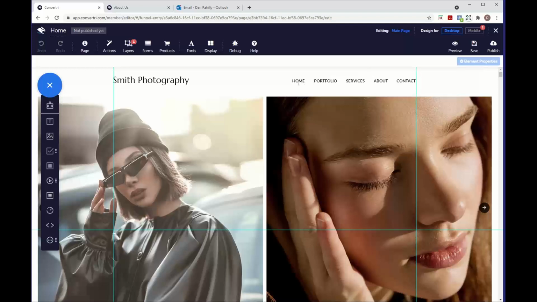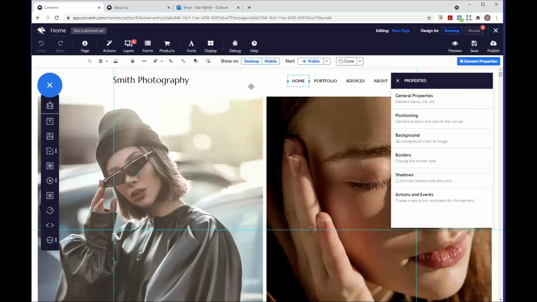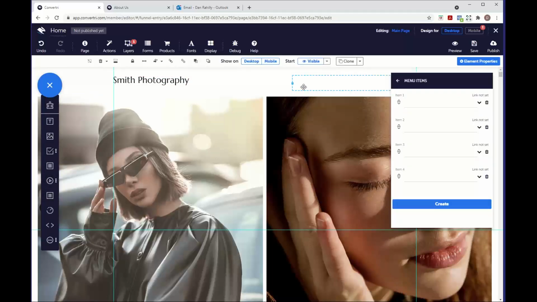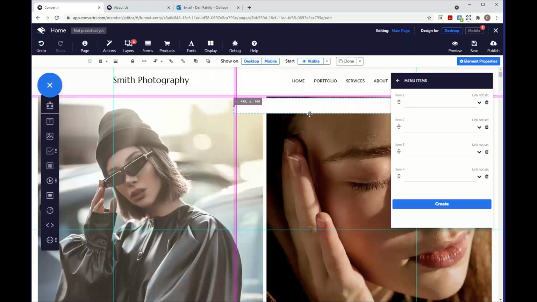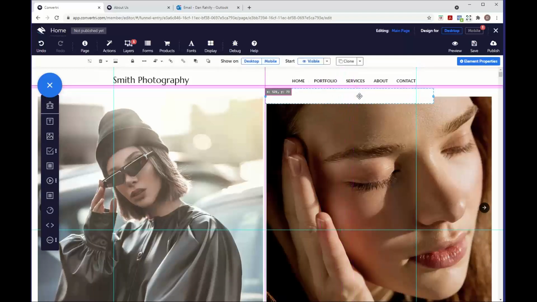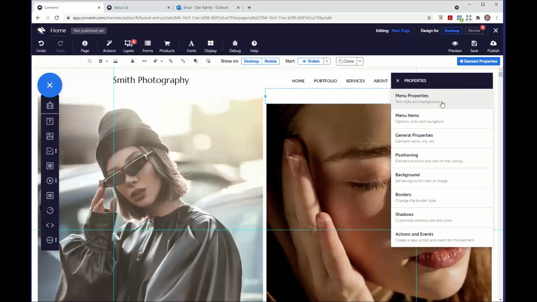Now, to do this and to use the menu feature to do so, if we drag that on, what we need to do is we actually need to have our pages published. So you can see here, this is the menu element. At the moment, we've got our text elements here, but we can use the menu element instead to get the same effect. So if we open our element properties up,